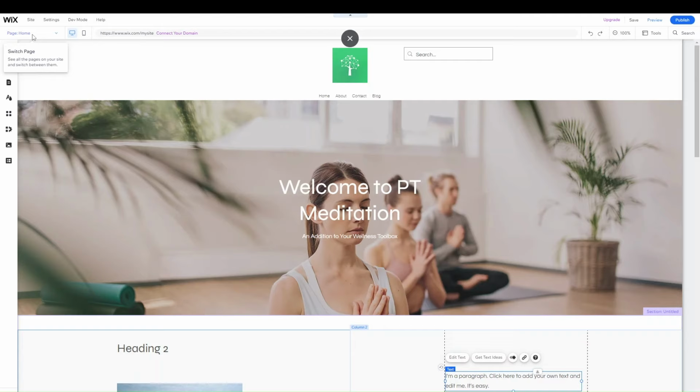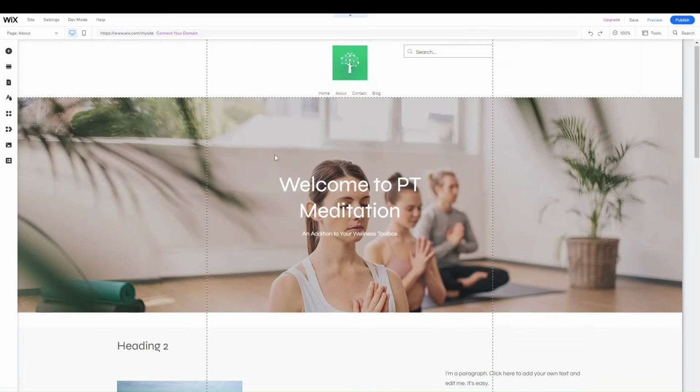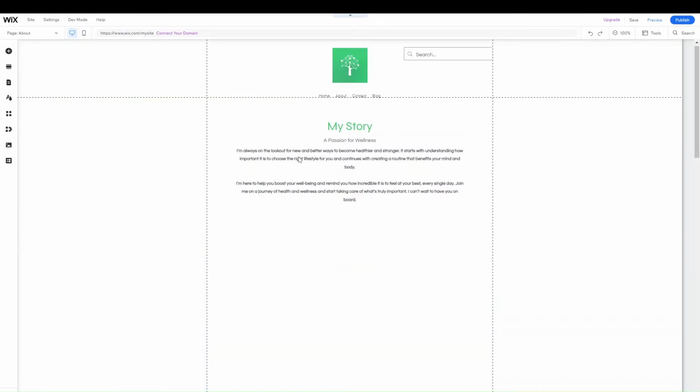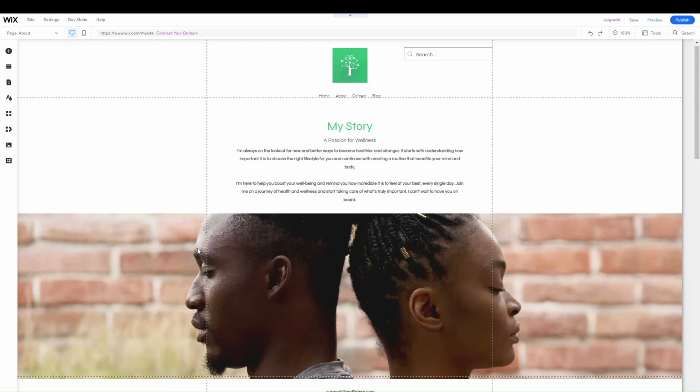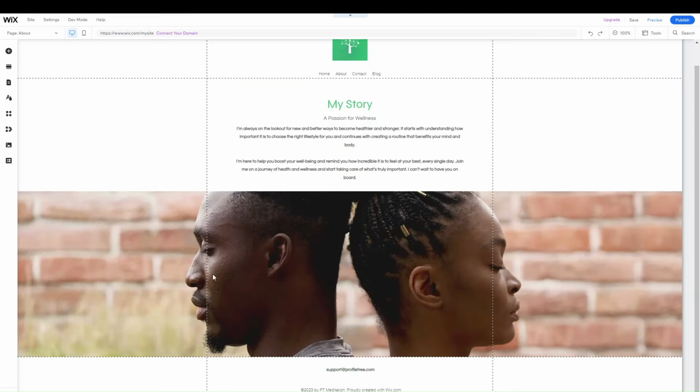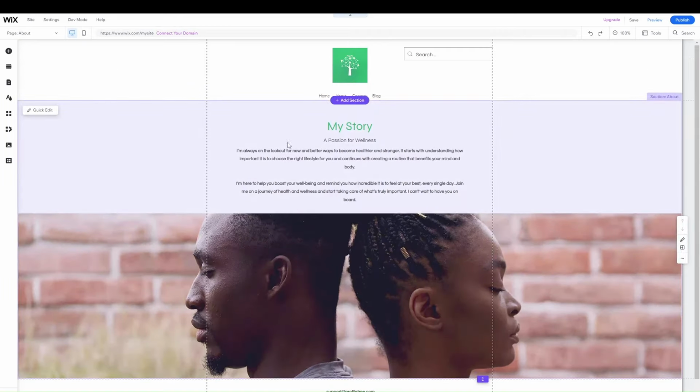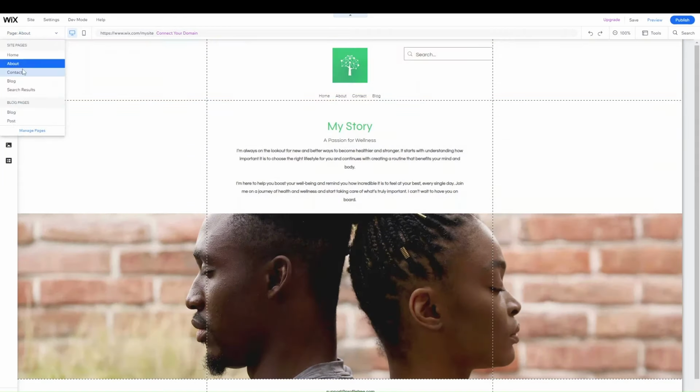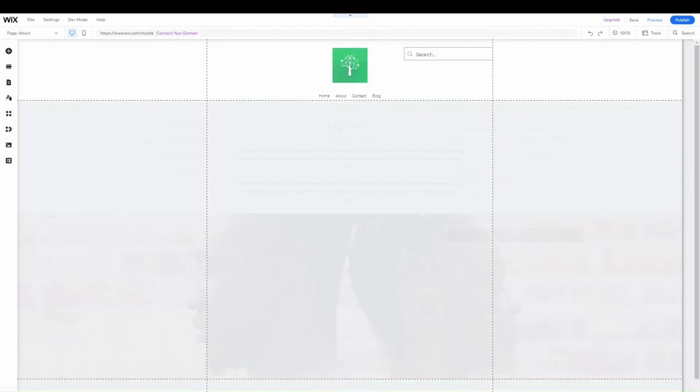The other thing you can do is go on to another page. So if I wanted to edit the About page, all I need to do is go into the drop down, click on About, and you can see the page editor go to the About page. And similar to the home page, all you need to do is click on each section, edit how you need to, add new sections, things like that. If you move on to the contact page,